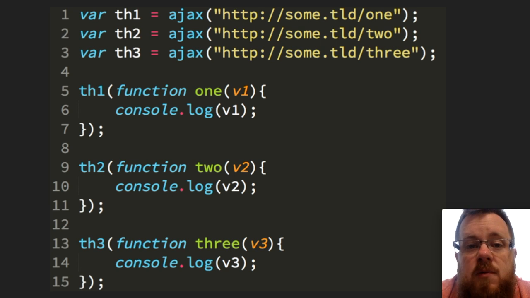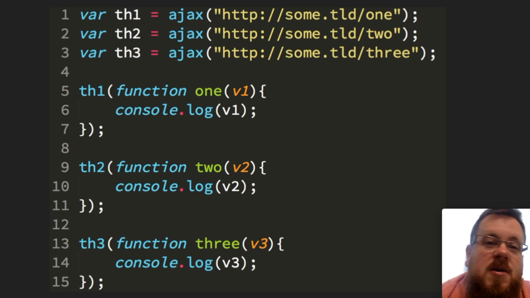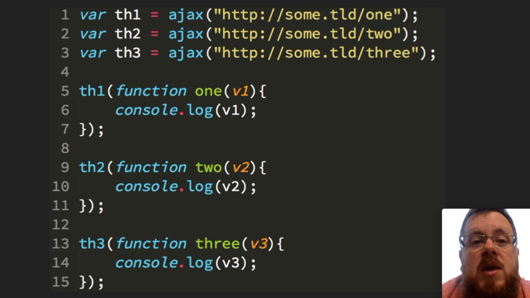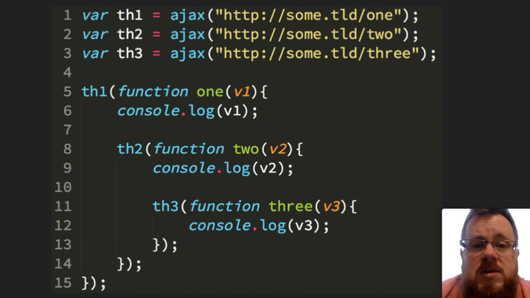That's fine, but remember, we had an earlier example where we talked about what if we needed to create some coordinated concurrency here. In other words, we want to create a temporal dependence that the output of 2 needs to come only after the output of 1. How could we do that with a thunk? Well, you might think that what we could do is simply nest these thunks together. We could simply unwrap TH2 inside of the callback for TH1.